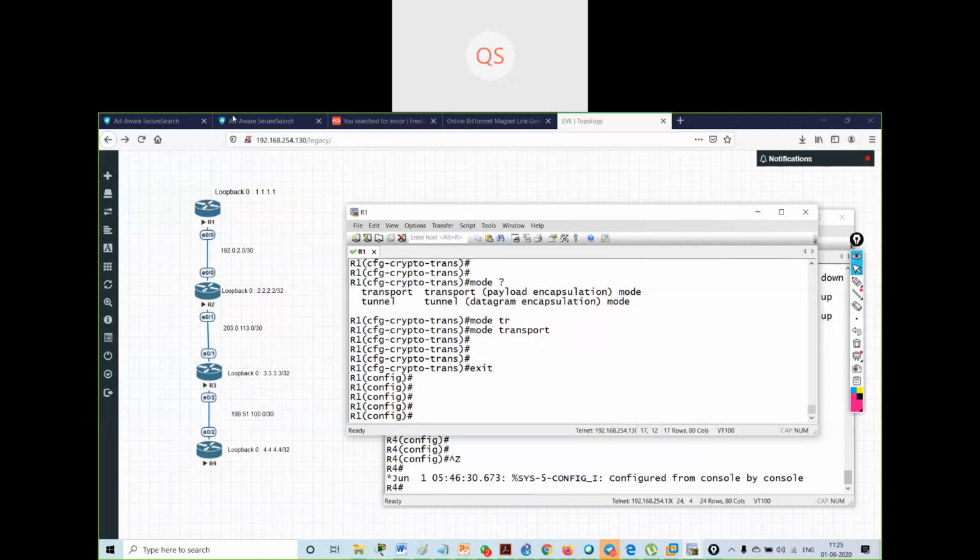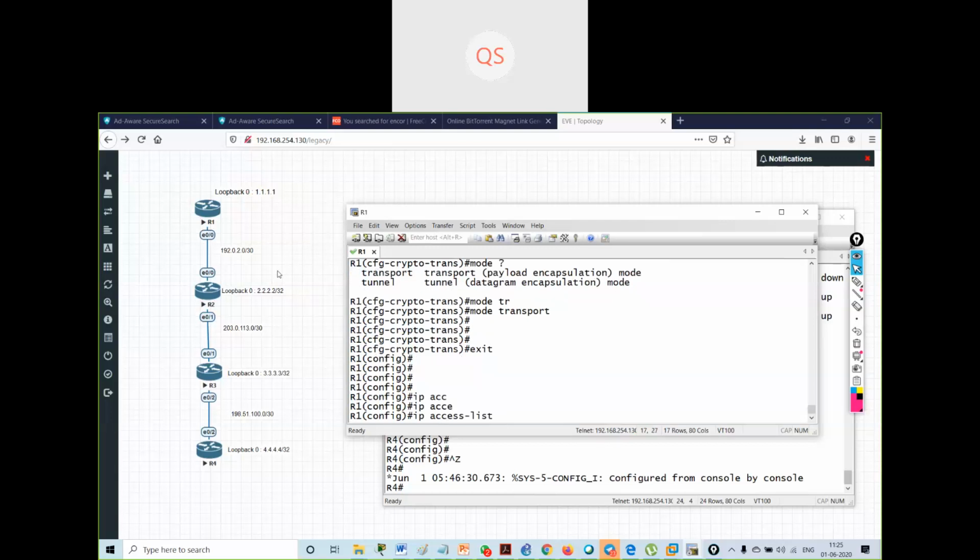Now what I have to do is create an access list. The access list will make sure that whatever IP addresses I have are allowed. So I will create an IP access list extended, with any name, CCNP.